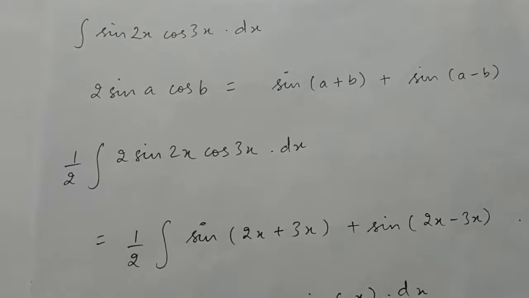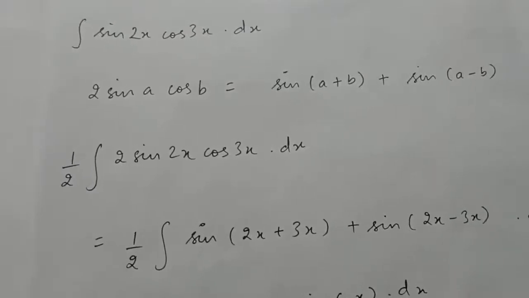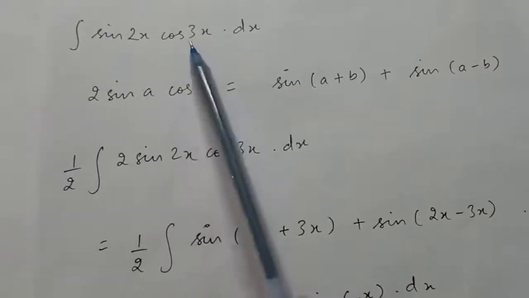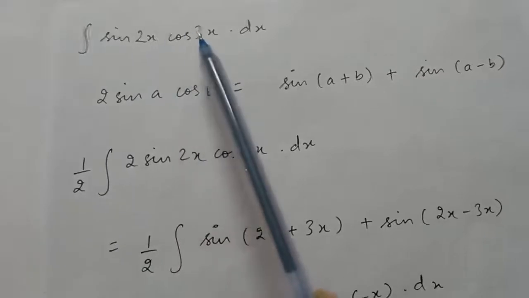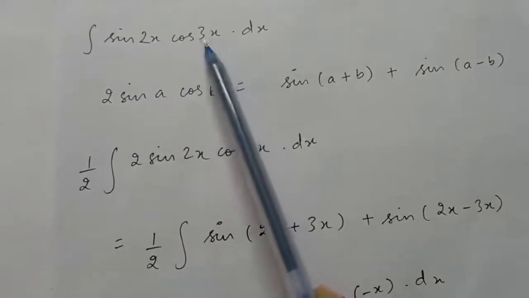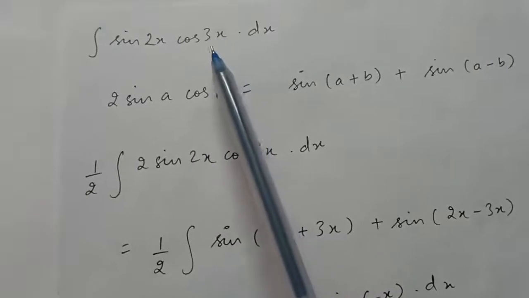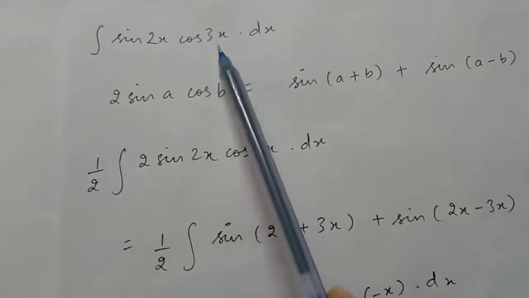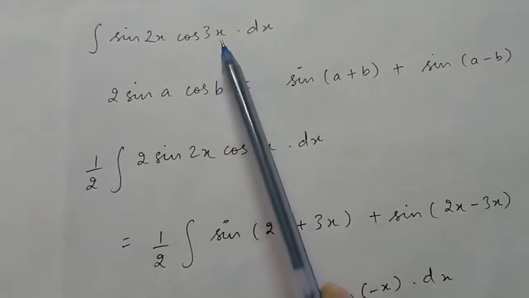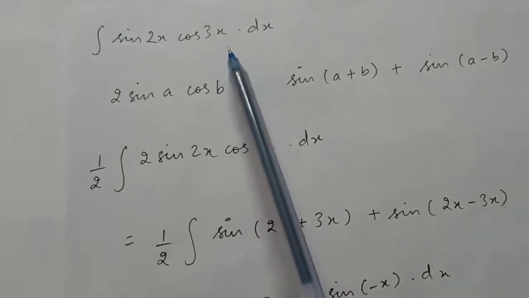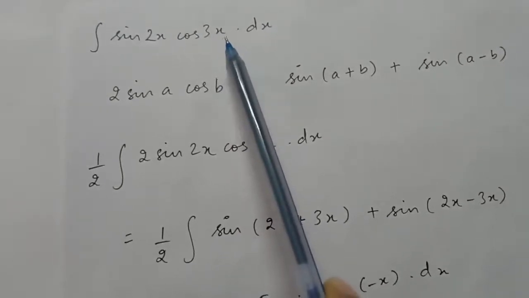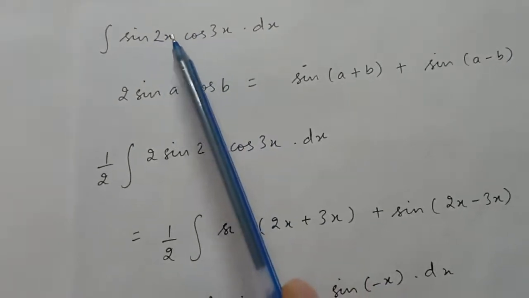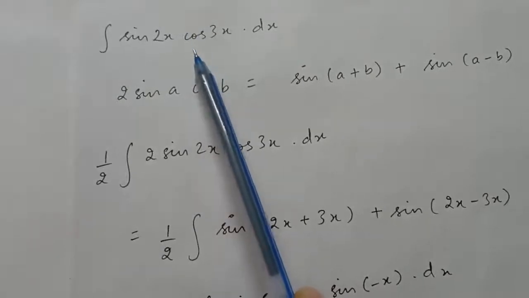Now in this question, we have to find the integral of sin 2x into cos 3x. Now see carefully that the angles of the sin and cos are not the same. The angle of sin x is 2x and the angle of cos x is 3x. Because the angles are not the same, we cannot do the substitution in this question. Why? Because if you take, suppose, cos 3x as equal to t, then you will get the derivative of cos 3x as minus 3 sin 3x. So the derivative of cos 3x will include sin 3x, but we have sin 2x. Therefore, this question cannot be done by